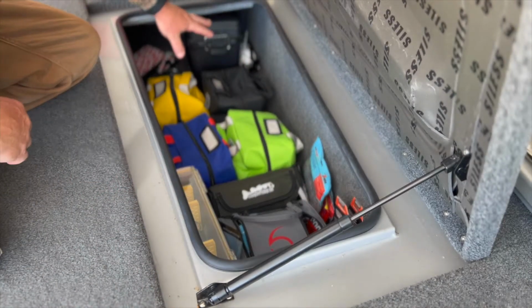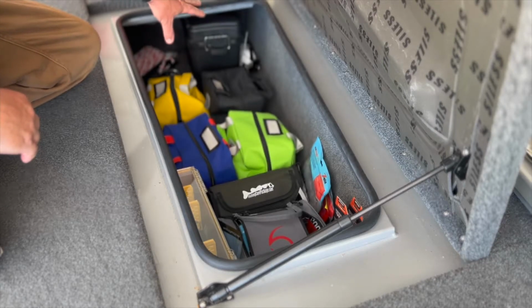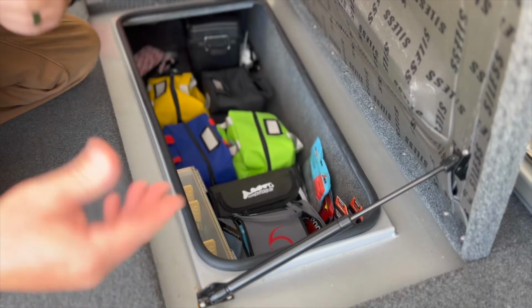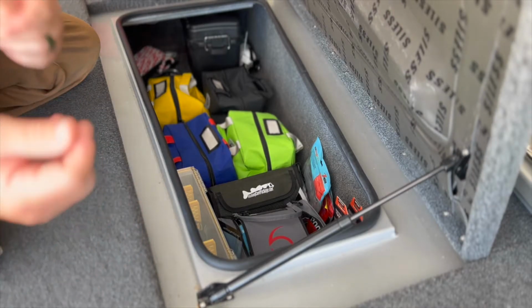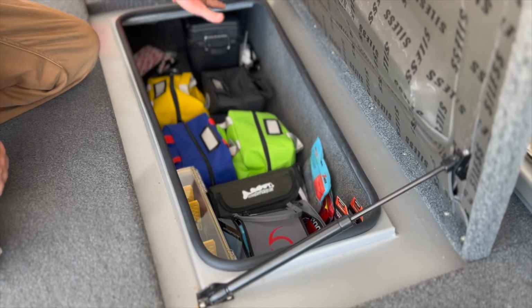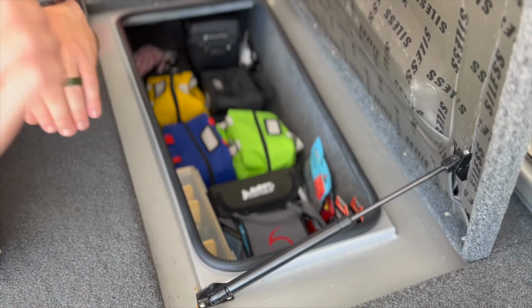So back there I got a small little ammo box that I've converted into like a toolbox. It has my electronic jump starter, a few tools to take off something that I might need, like battery or prop for the trolling motor, your little common things that you might use. We've also got an anchor back there, a fire extinguisher, and I also have